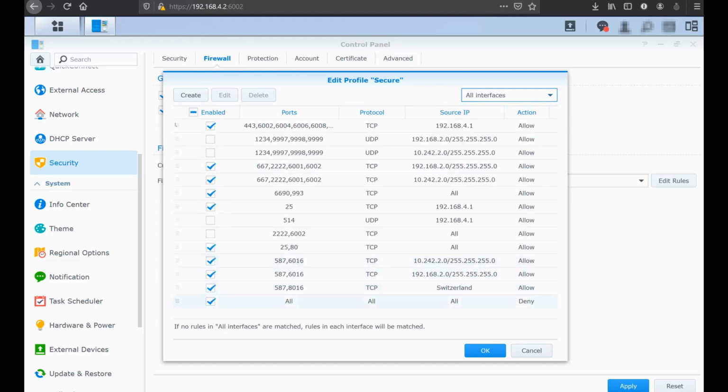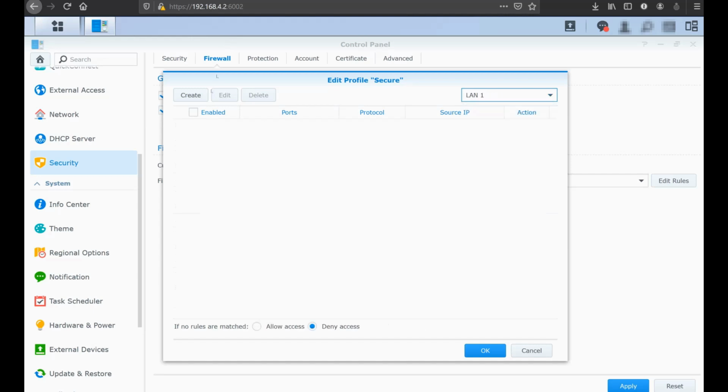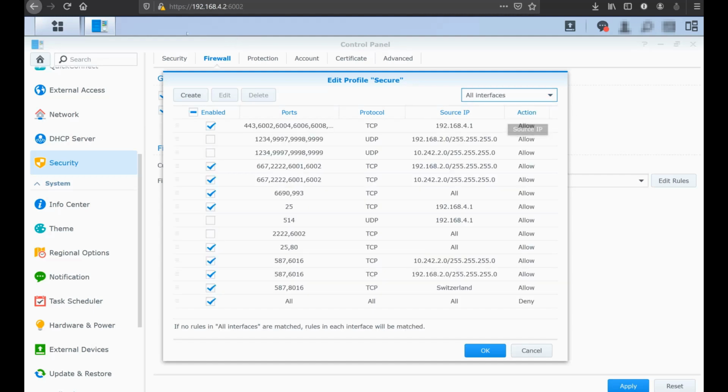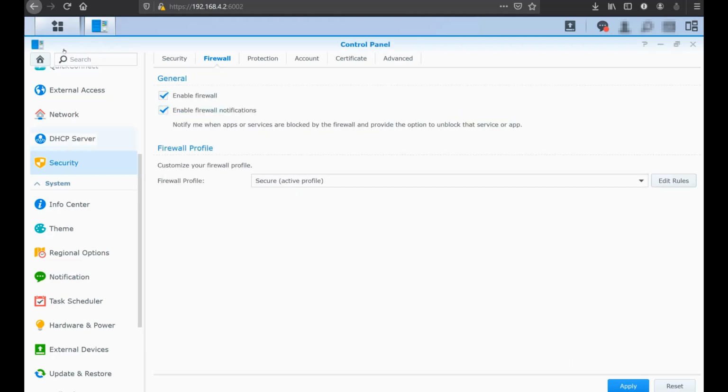But I discovered that I made a mistake myself, and fortunately I was protected by this last line, because on all the interfaces, if no rules were matched, it allowed access. So this was a vulnerability that I fortunately did not have because of this line. Okay, so this is everything we need for the Let's Encrypt certificate creation. So now let's go to the